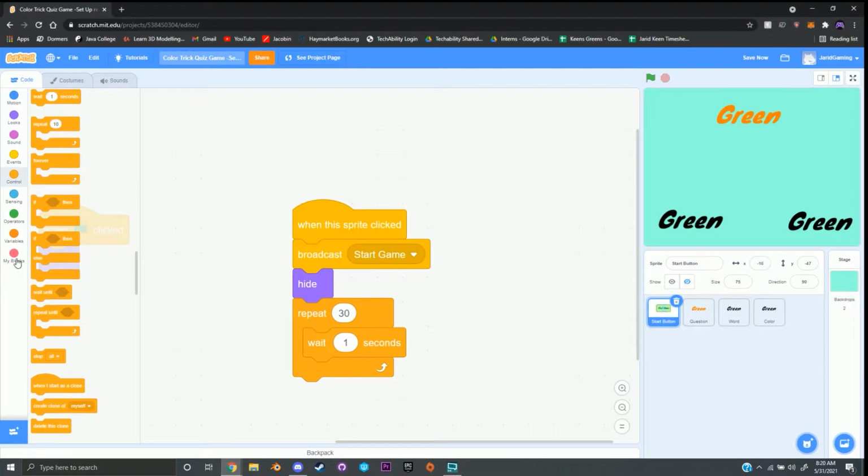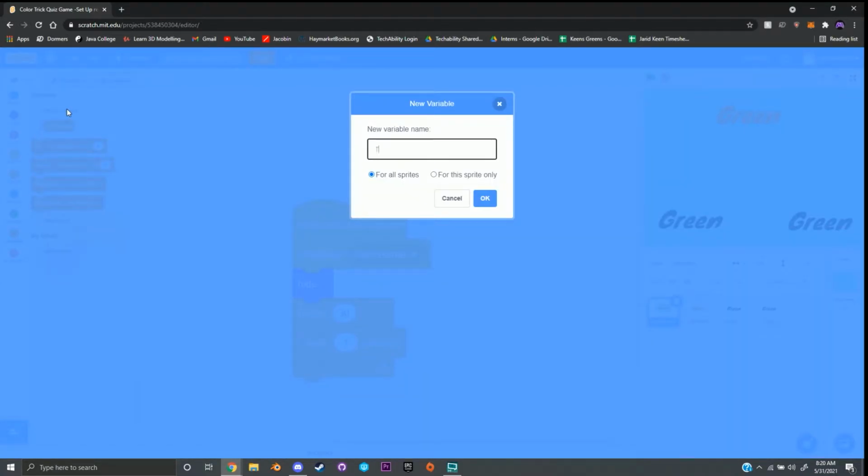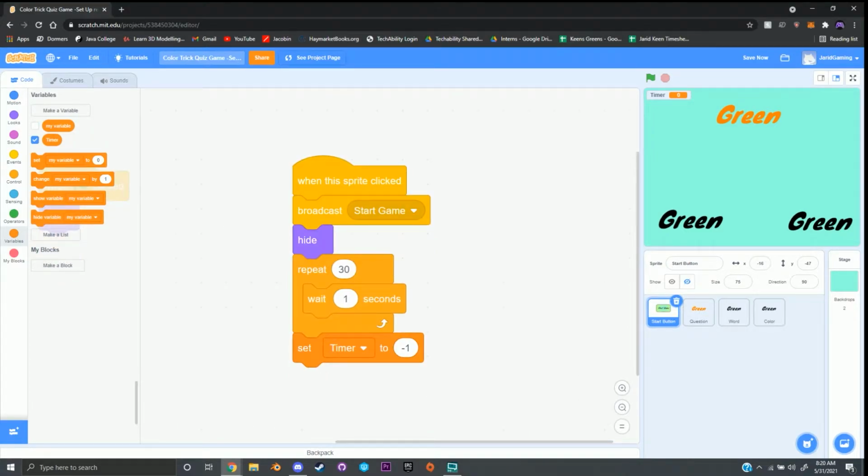After that, I'm going to go to Variables and click on Make a Variable. I'm going to call it Timer with a capital T. Press OK. And then I should see Set. And then I'm going to change it to Timer, so it'll set Timer 2. And then I'm going to type -1 where the 0 is. And I'm going to drag it and put it right underneath this Wait 1 second